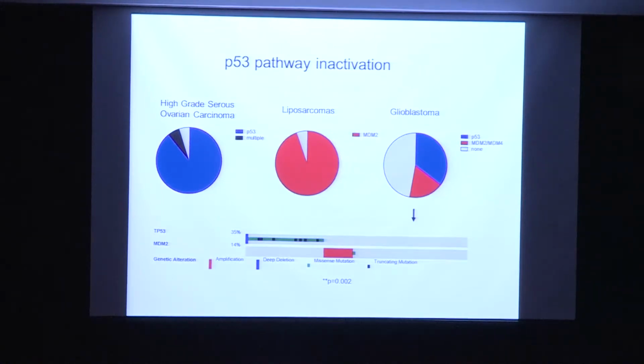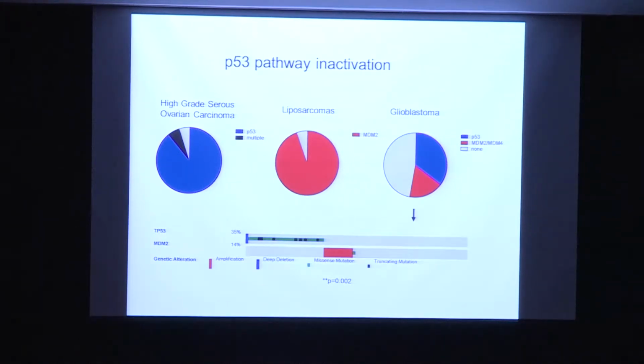Here, in liposarcomas, they have no p53 mutations. In fact, what they do is they amplify this protein called MDM2, which is a p53 inhibitor. Okay, so this cell has a completely different mechanism of inactivating p53. It makes very high levels of the inhibitor. And these cells have wild-type p53 by sequence. Okay, and if you compare these two,